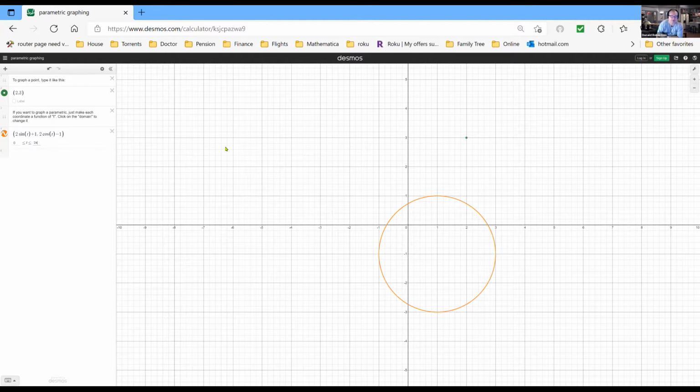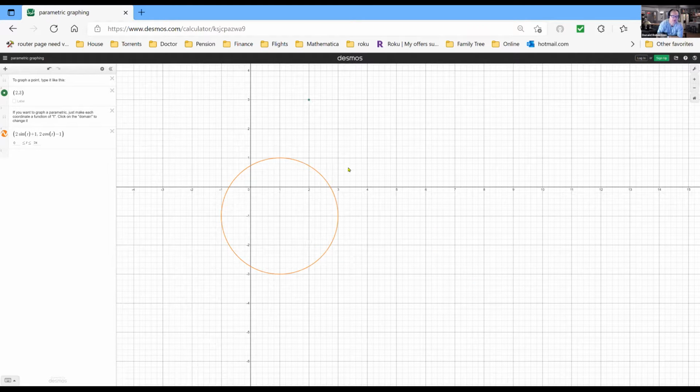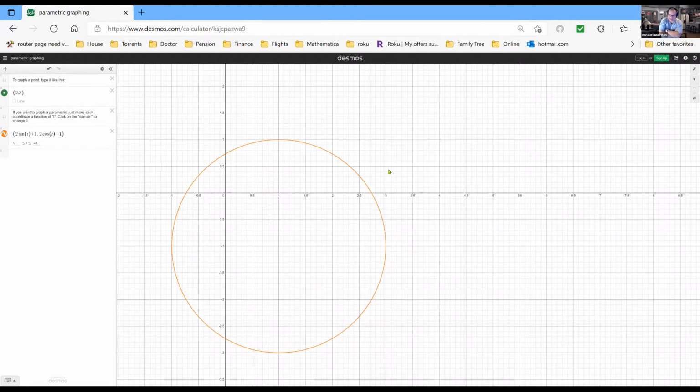Let's move it a little bit, maybe make it a little bit bigger. Wouldn't it be nice if I could find its derivative at any point, like when t equals 2 or something, right? Be nice if I could do that. And we're going to do that as one of our questions. So I'm going to put these questions in. Find the derivative